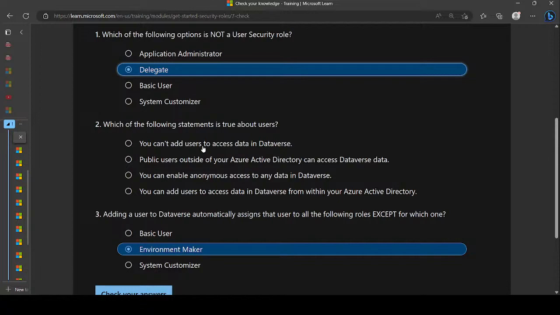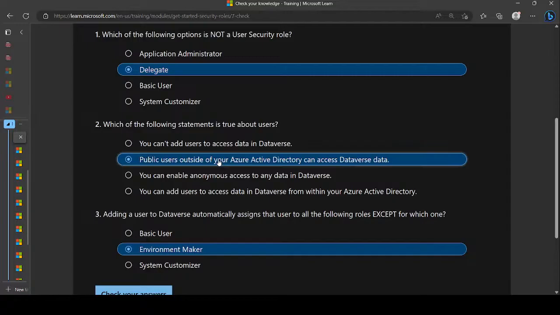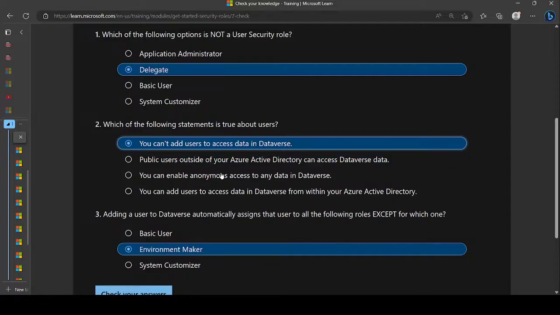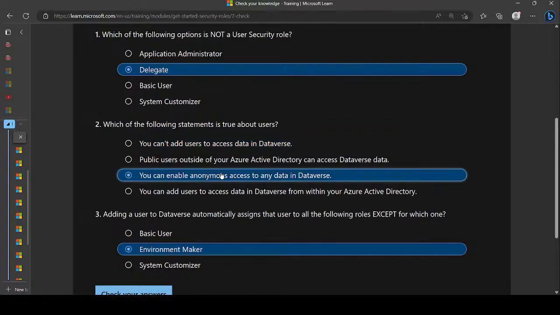Okay, so what does my service do? Users can add users to access data. I'm gonna guess this one's false. I'm gonna guess this one's false. Can enable anonymous access. So